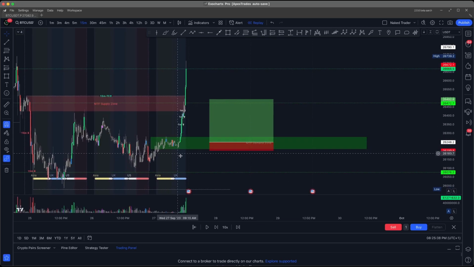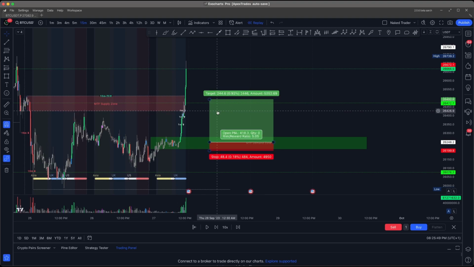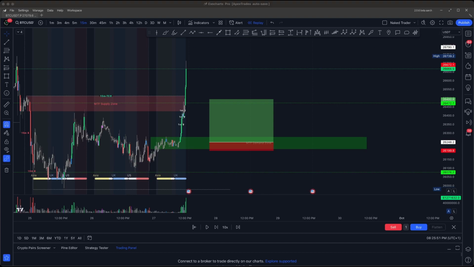Okay, so this is our new demand zone. Supply zone didn't hold, no foul, didn't get into the trade. Zoomed into the 1 minute, seen that the break didn't happen, and that gives us that kind of confidence that, okay, let's move on. I'm just going to do a quick check. There's nothing coming. Great, okay.